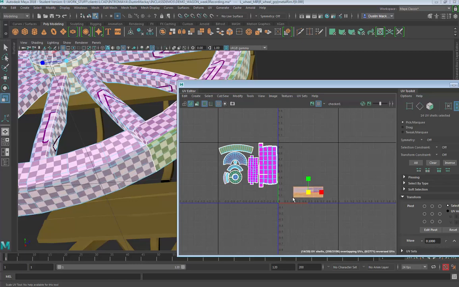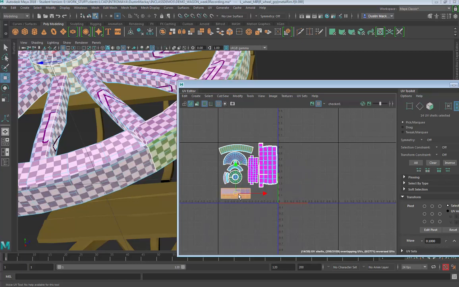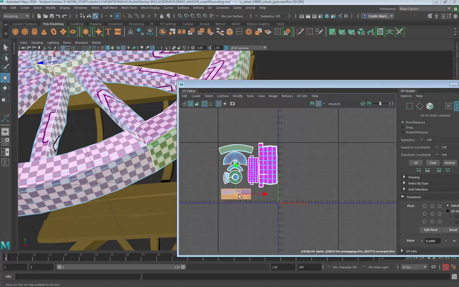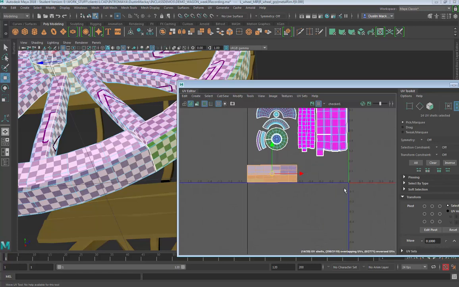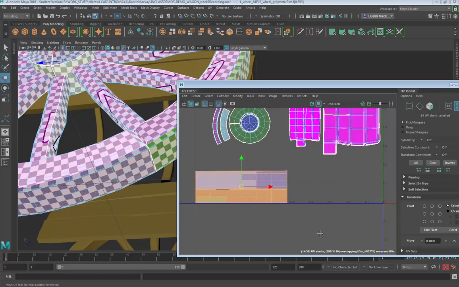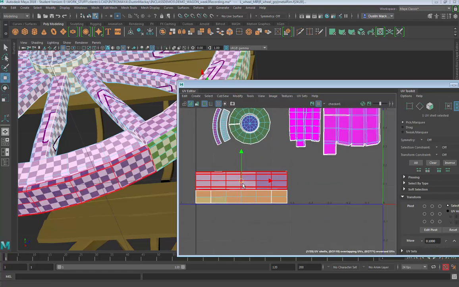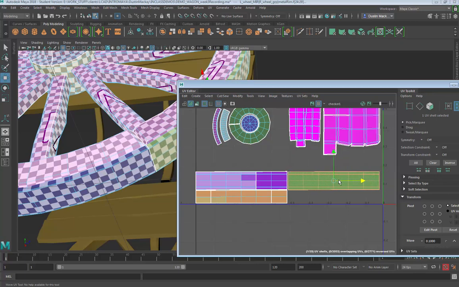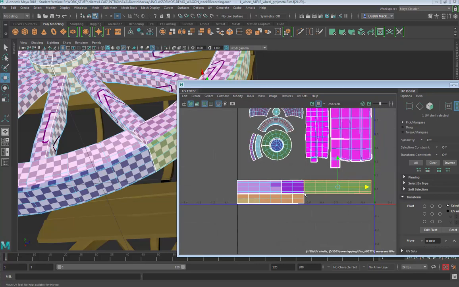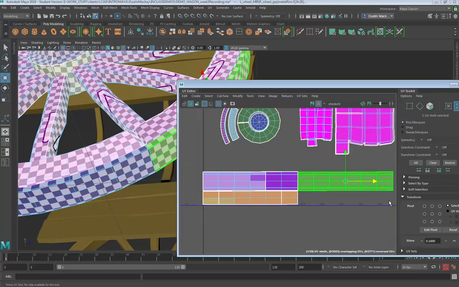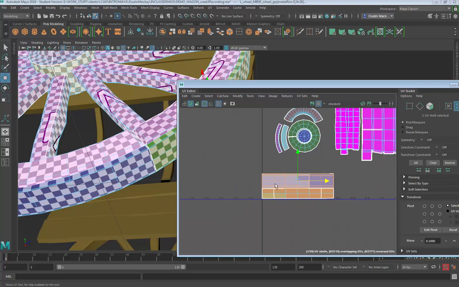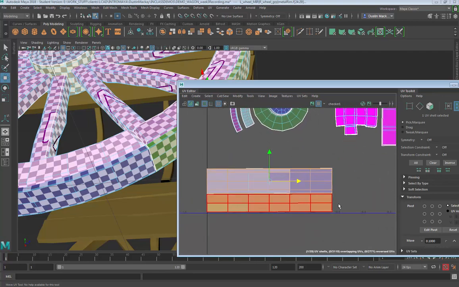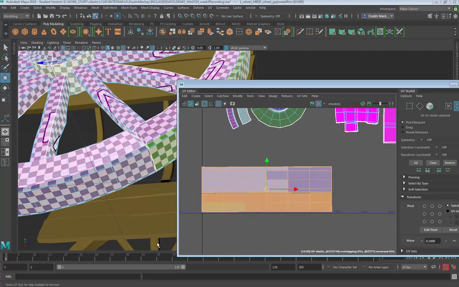Too big. Right around there, and now we'll just move them here. What I'm learning is that I can actually have these be a double, twice as long as I had before. So I might fix those UVs so that they go across in a double way. Nevertheless, I could just even do this. I could just put them